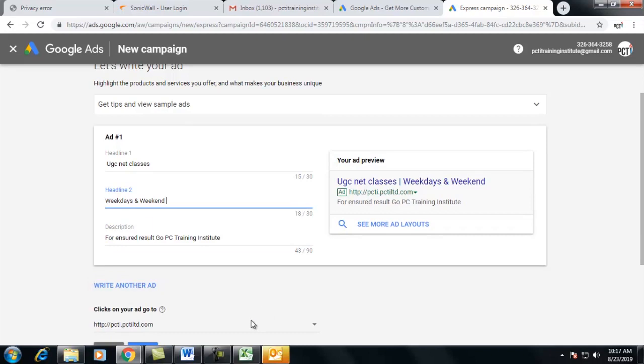Apart from this, the another takeaway point that you need to take care is that for adding the headlines, the maximum length of the character is 30. Similarly, the same is true for headline 2 also. So if you want to write any line of up to 30 character, it is allowed. And in description part, you can add up to how many characters? 90, right? I have added one more keyword, that is Pitampura, Delhi.